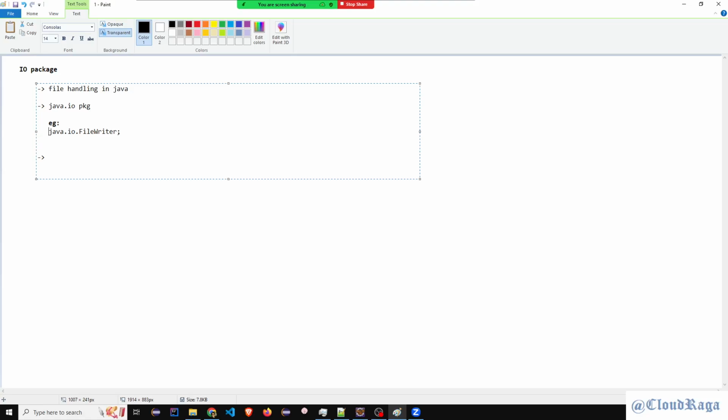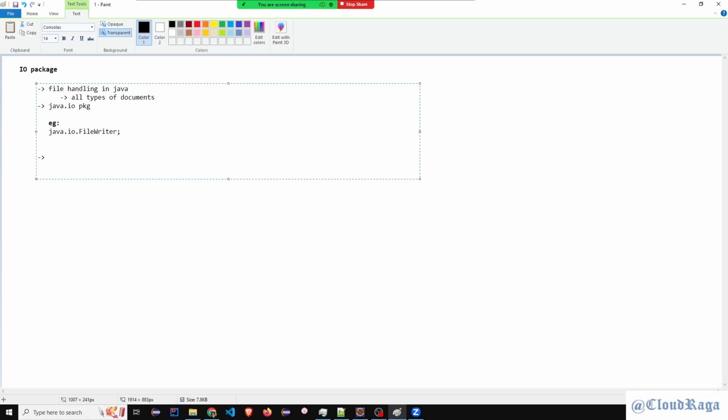When we say file handling, that means we are talking about all types of documents, all kinds of documents. It could be PDF, Excel, simple text file.